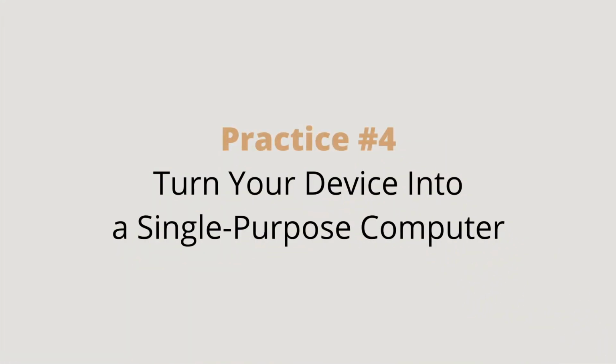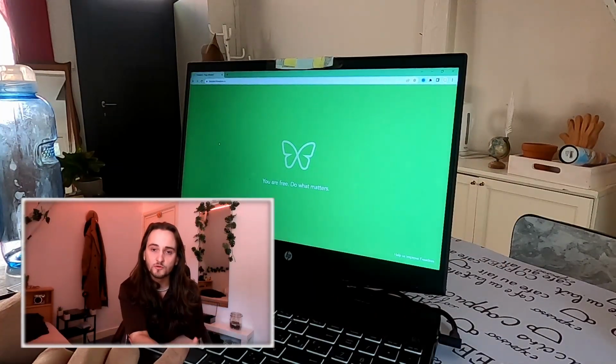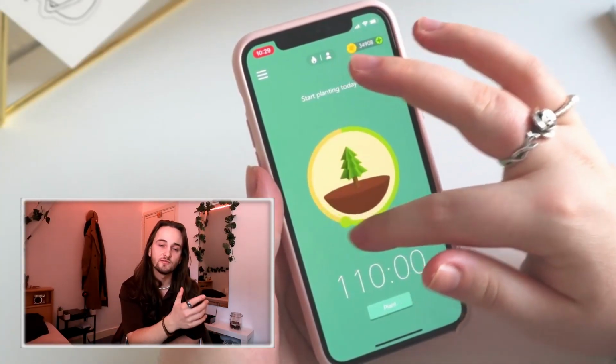The fourth practice is to turn your device into single purpose computers. Now what do I mean with this? So another practical tip you can do is to transform your devices, your laptops, your computers, your phone, into computers that are general purpose in the long run, but are effectively single purpose in the short moment. This practice suggests that you might even use other apps such as Freedom or Fullest to control when you allow yourself access to any app or website or service supported by a company that is actually